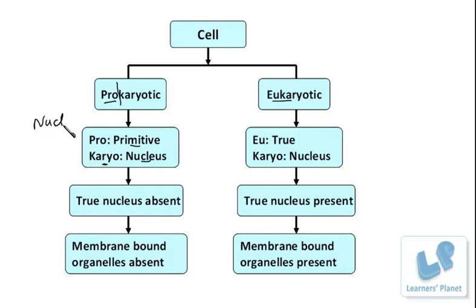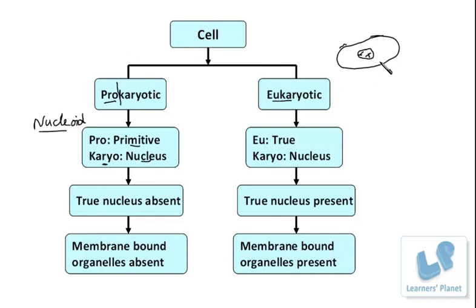This is the new term which I am introducing here. In these prokaryotic cells, or primitive forms of life, the nuclear region where the DNA material or the chromosomes are present is known as the nucleoid. You remember, in the developed cell, I showed you that if this is a particular cell, the nucleus was present here in the center like this, and inside that the chromosome was present, right?